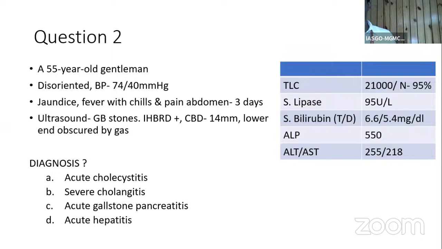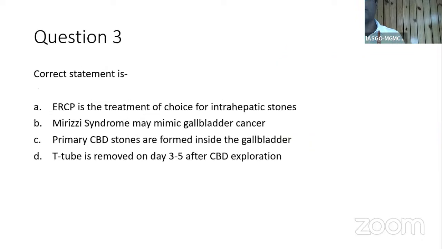So what is the most likely diagnosis in this patient? Is it acute cholecystitis, severe cholangitis, acute gallstone pancreatitis, or acute hepatitis? It is typical of Charcot triad, pentad in this patient. The patient has hypotension and disorientation, along with jaundice, pain, and fever. So this patient has severe cholangitis. Coming to the third question,